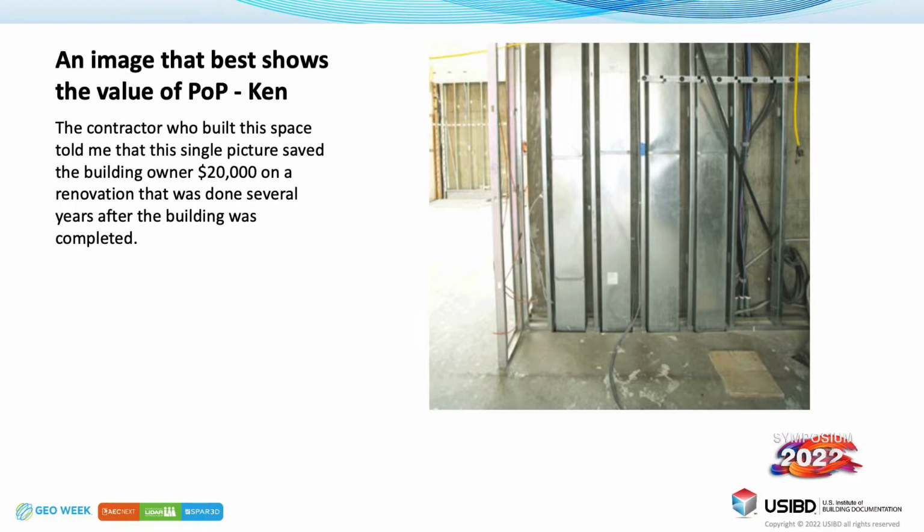So they needed to put the artwork on the backside of this wall, and they were able to use the images to find the wire that was, and you can see it laying on the floor there, that was running up the wall, and go into the back of cabinetry that was already in place and drill in through the back of the cabinetry to get the wire and bring it out in exactly the right spot for this artwork that needed power. So the contractor that we worked with that did this project told us that that one image saved his client $20,000 in rework fees.